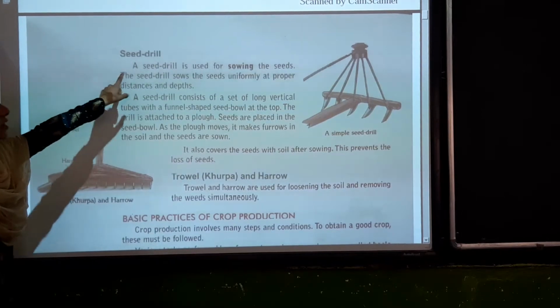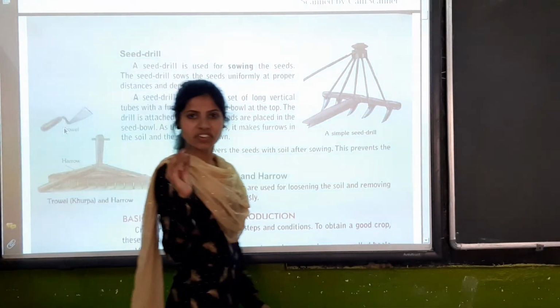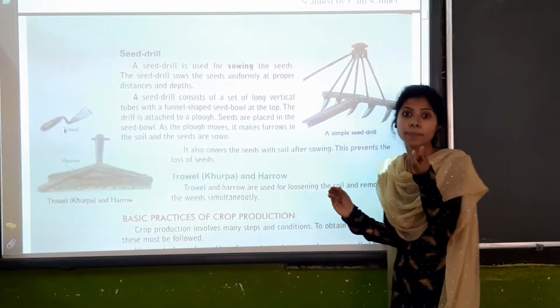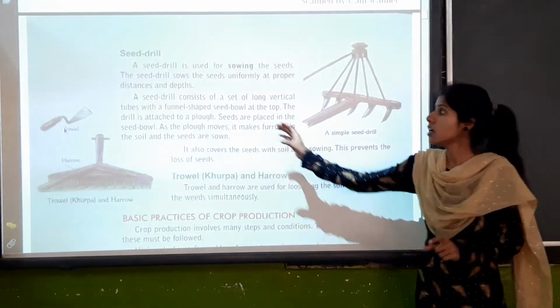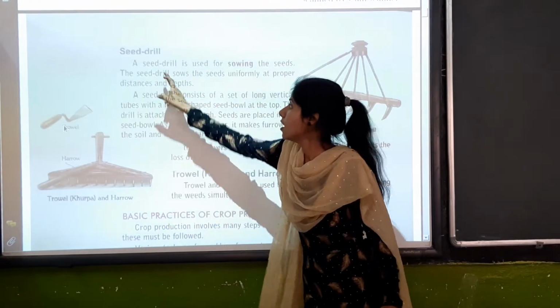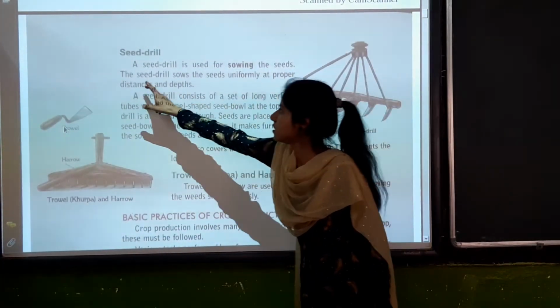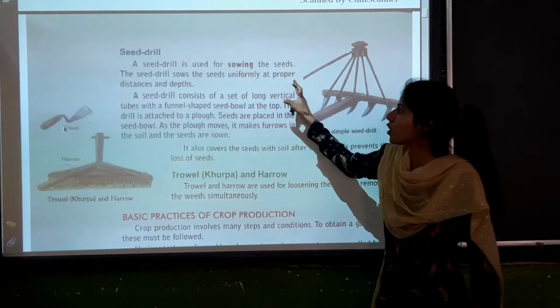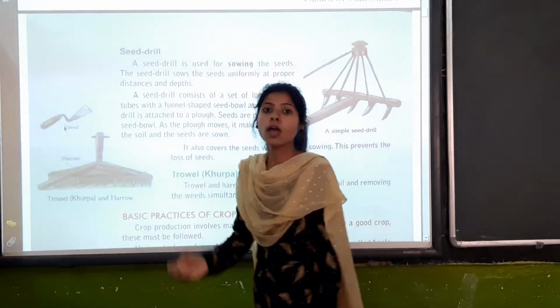seed drill. Seed drill, as its name suggests. Seed means what? It is a piece, a bead, we can say. उस बीज को डालने के लिए ग्राउंड में we are using the seed drill. The seed drill is used for sowing the seeds. The seed drill sows the seeds uniformly at proper distance and depth. But obviously,